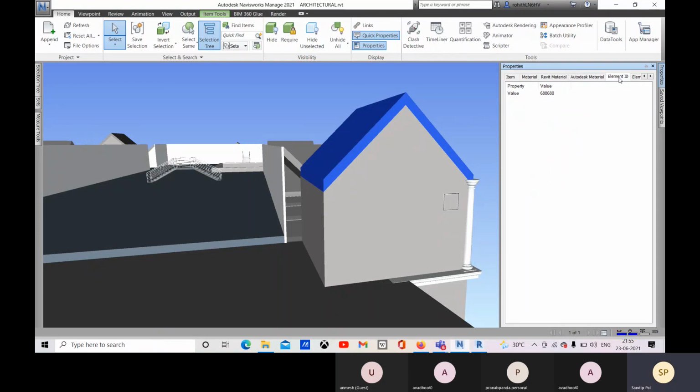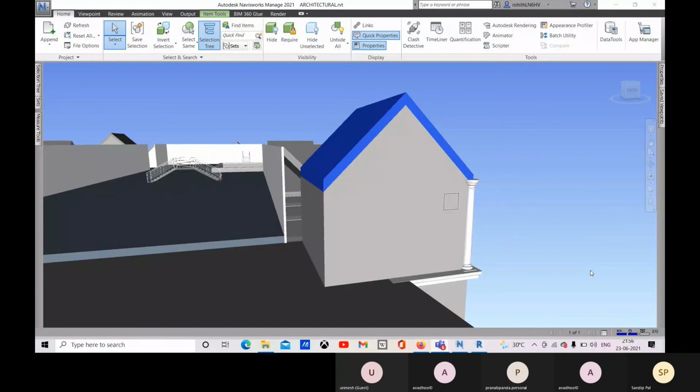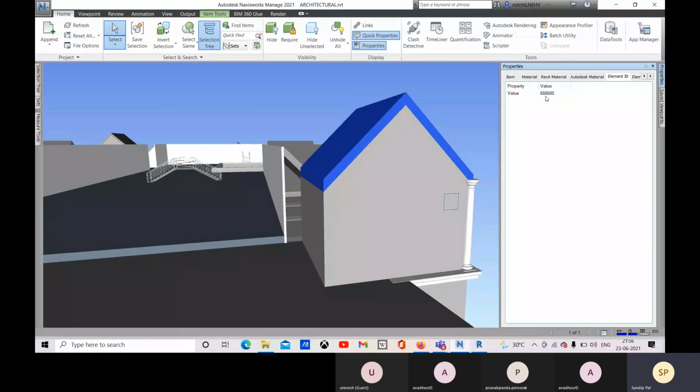Revit material, element ID. So here you can see that this is the ID for this component, 688,680. Suppose you are finding any issues with this component, or checking any clashes.